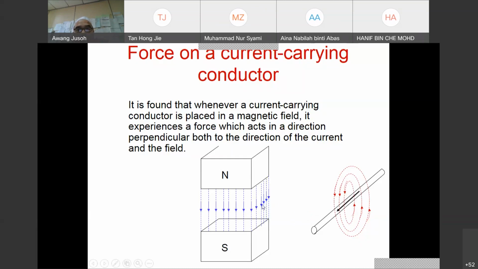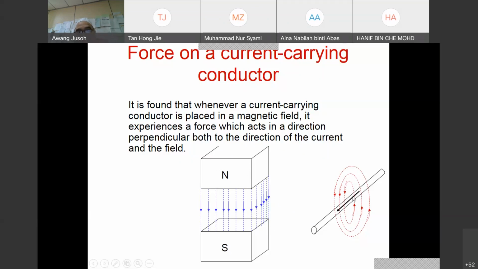I think that's very clear. So now we go into much more detail. This is the main flux, or main field flux. This is the flux from the conductor carrying current. You know this one using the right hand rule. By using the right hand rule, we can find the direction of flux due to this current. And this flux, you know the characteristic of main flux is that it moves from north to south pole. Okay, that's a basic idea that we studied before.